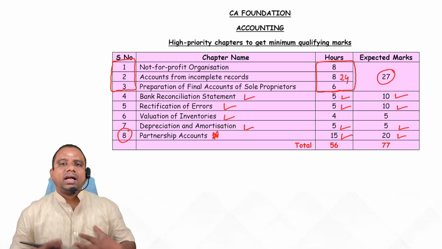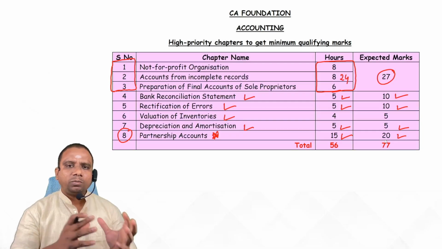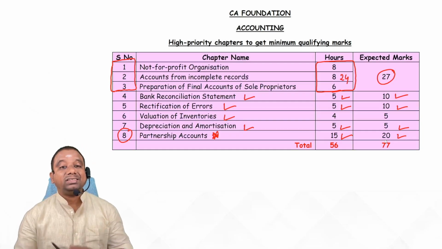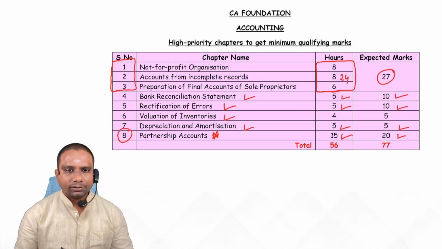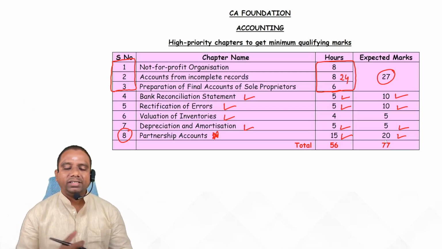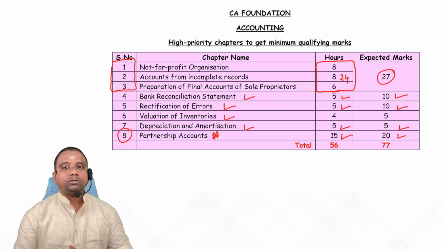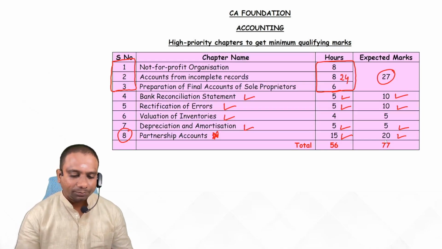And company accounts, sir, I will prepare company accounts, sir. Instead of partnership accounts, I will take company accounts, sir, so that I can score 25 marks, sir. Yes, you can. But in company accounts, we don't know which type of problem they ask, because company accounts consist of various units separately. And partnership also consists of various units separately. But